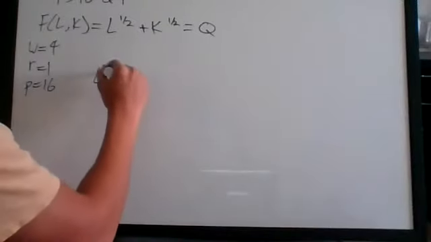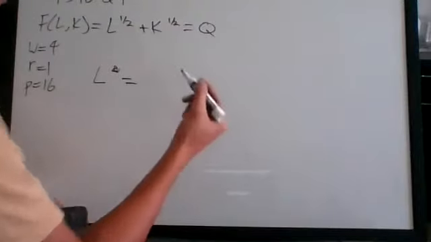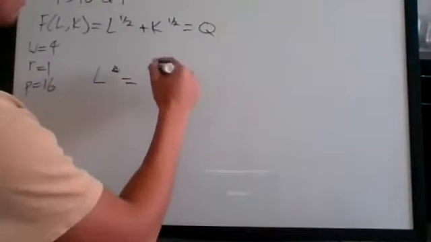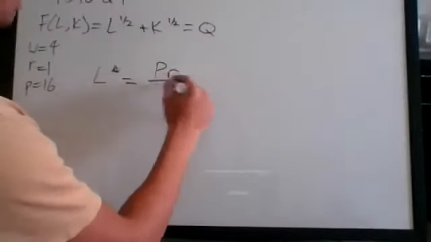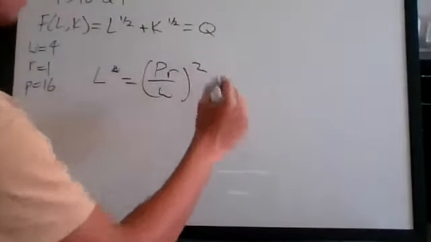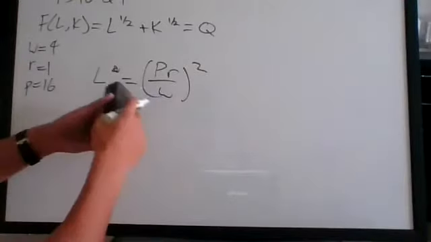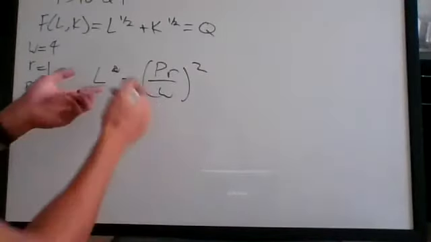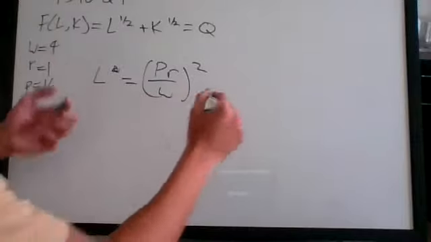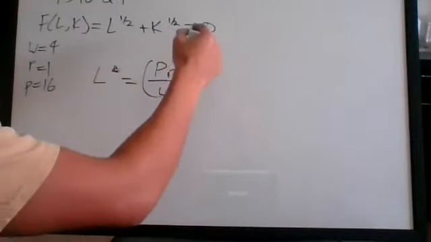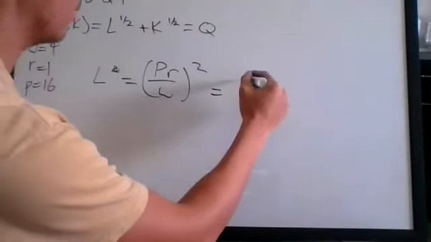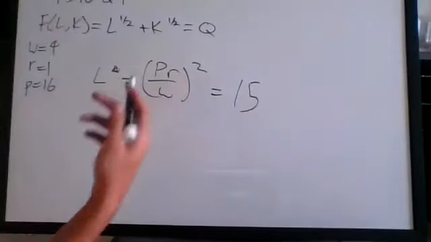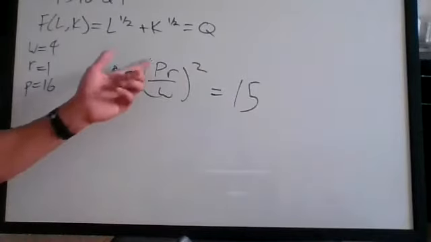So for example, if I had L star is equal to P over R W squared, for example, and this is all just arbitrary. If this was my demand for labor and I already knew how much L was, then I would just set this equal to, I don't know, 15 and solve for variables from there. And I know we have a bunch of